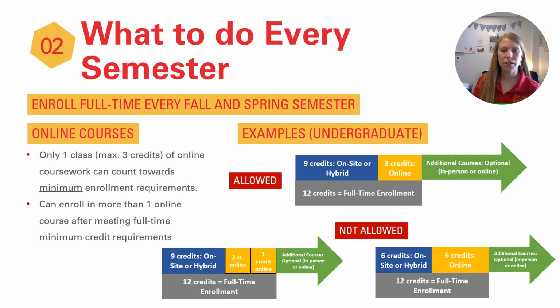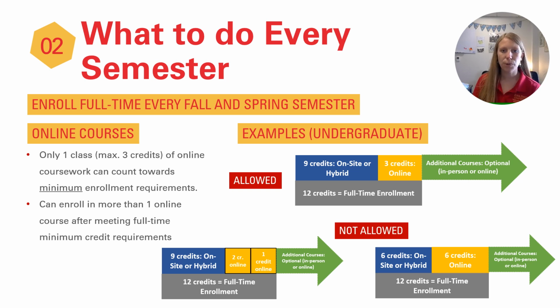In the first chart, you see this student has one online course, not more than 3 credits, counting towards their full-time enrollment of 12 credits. This scenario works and meets enrollment requirements. The bottom chart does not work, as a student is enrolled in 2 online courses toward full-time enrollment. If you recall, the rule is that one course not exceeding 3 credits can be online and counted towards full-time